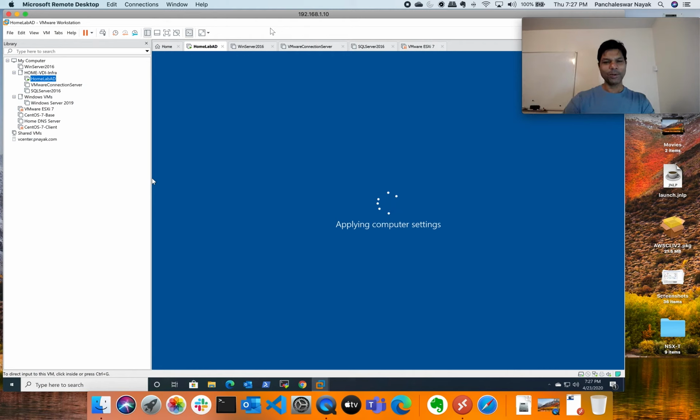So rather than going through all these steps, what I'm doing is keeping my AD server completely outside of the ESXi environment or the vSphere environment, so that I can just start my computer, open workstation and start the AD server directly. And that's also the reason I'm keeping my SQL server separately. So we'll see that, and you see this is still taking time